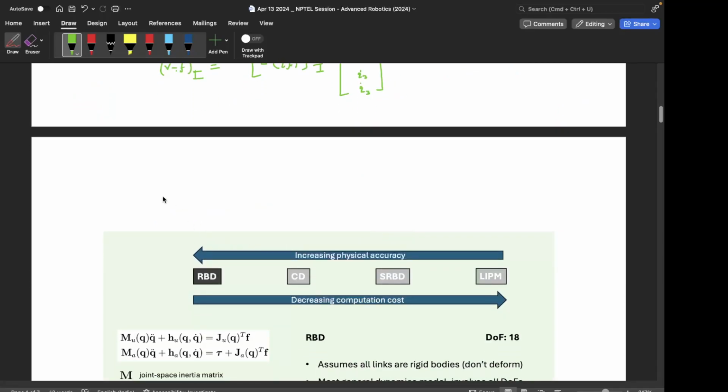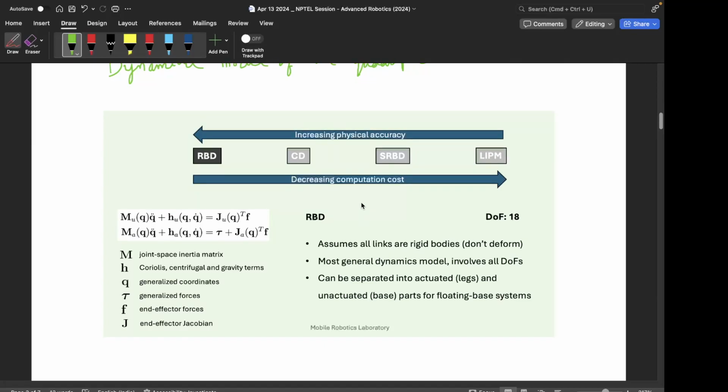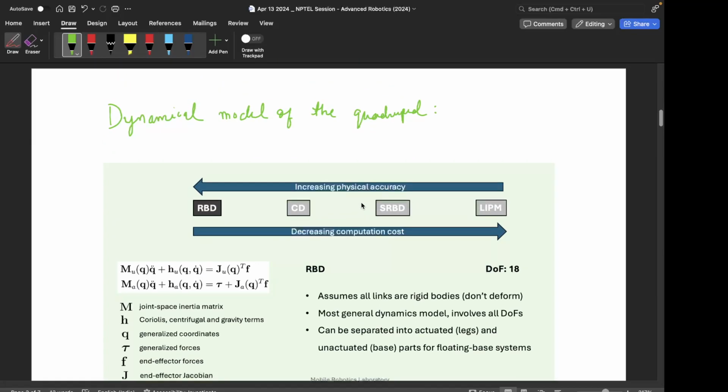So we have seen kinematics. Now we'll move on to dynamics and the dynamical model of these robots. Okay, so what do you mean by a dynamical model? A dynamical model is basically a relation between the state and the input,